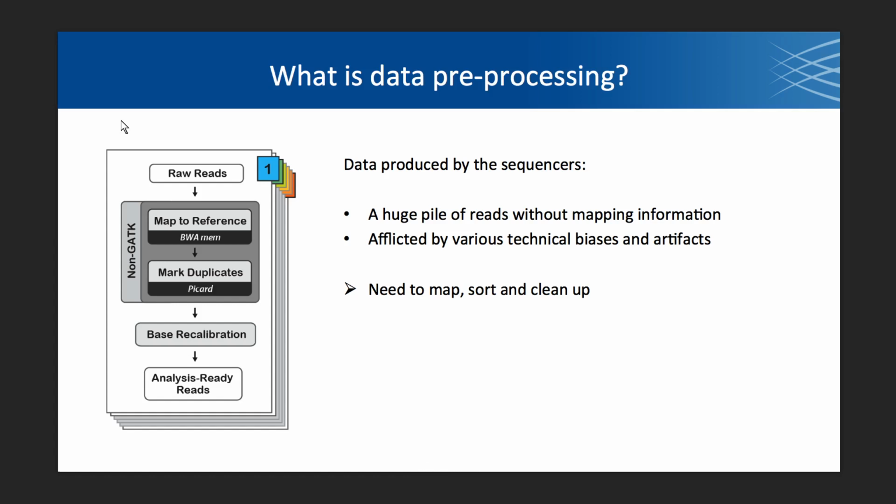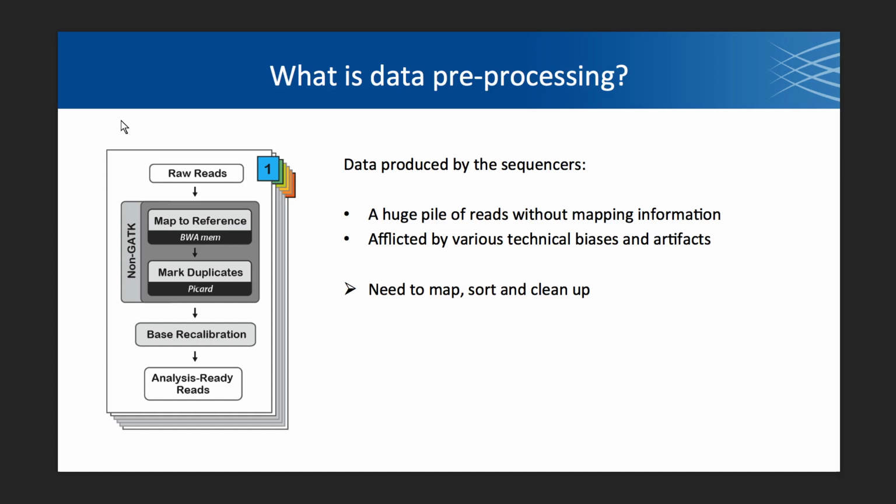So, what do we need to do when we get the data? We get these raw reads. We need to map them to the reference. The reads don't come with any information beyond, as I said, their name, the bases, and the quality. So we don't know where they came from in the reference,